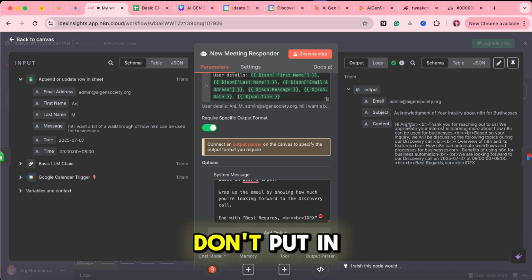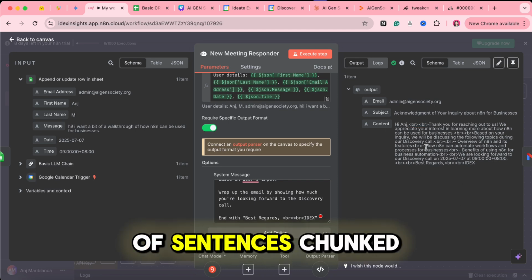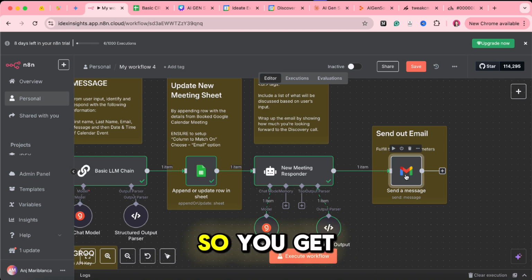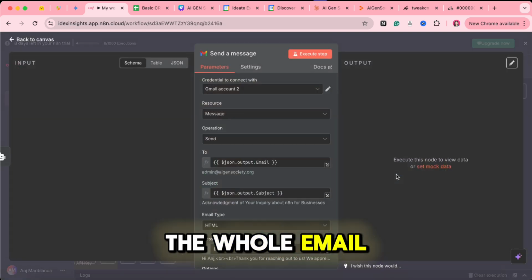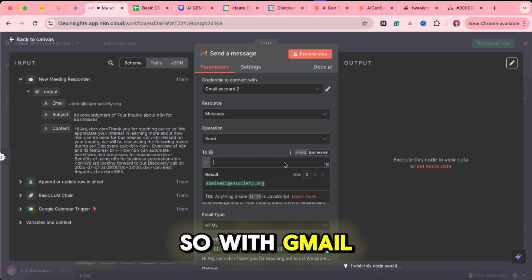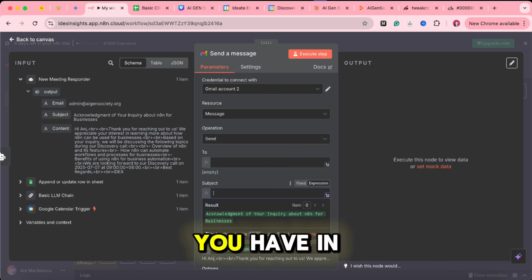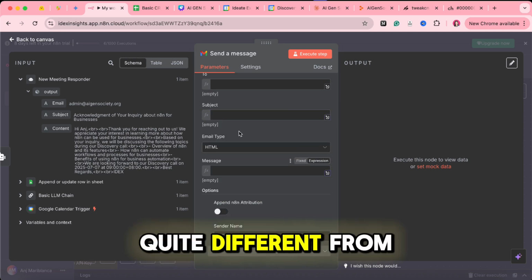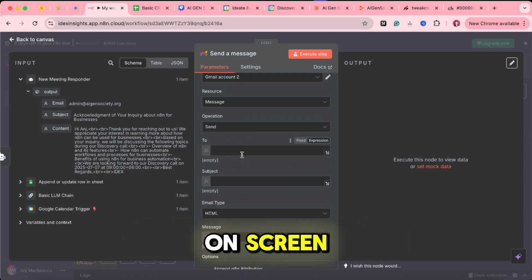Because if you don't put in your break line tags, you will see a whole email of sentences chunked into one paragraph, which is not good to see. So you get to send out the whole email using this email node. With the Gmail email node, you will see that the parameters are quite different from what you see on screen. But for us to get aligned with what to put here, you would